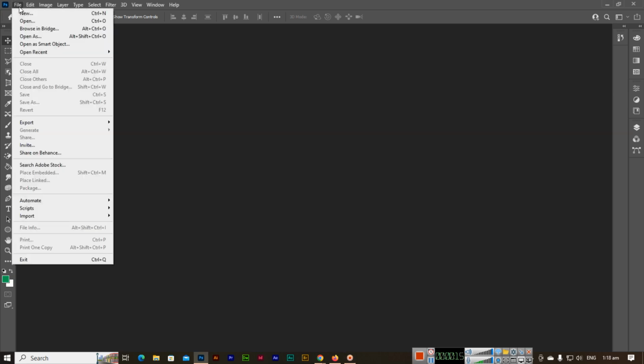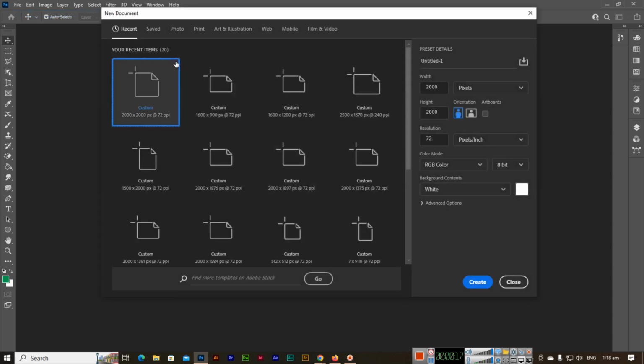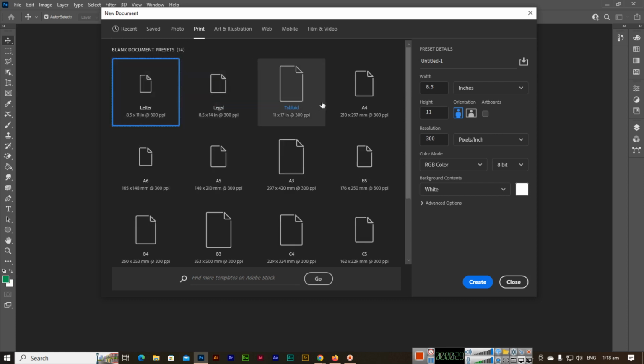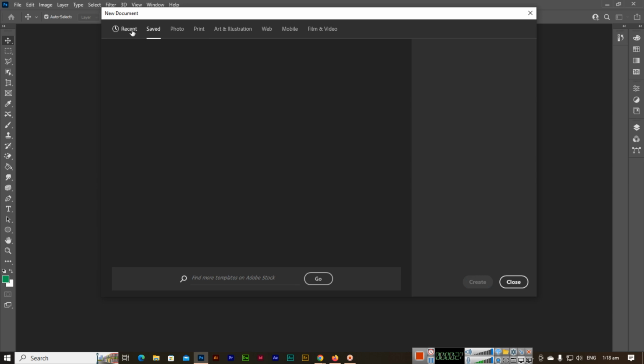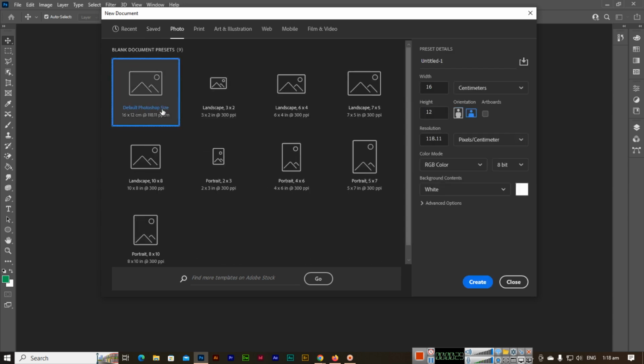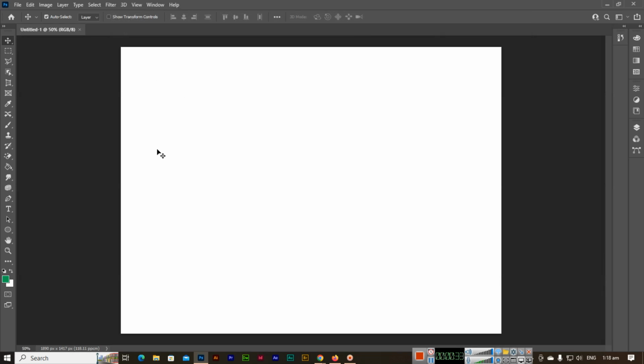So we will create a new document, and just for teaching purposes I will use this, any format we can use. So I will use this photo, default Photoshop size, and here you can see in the shapes we have ellipse